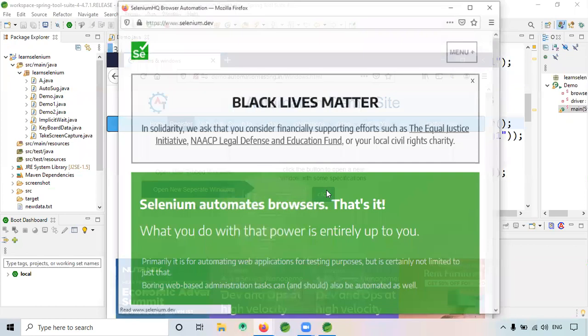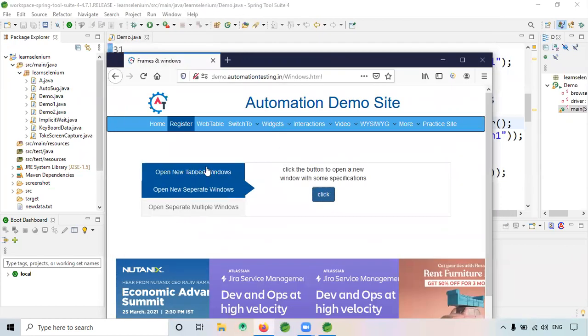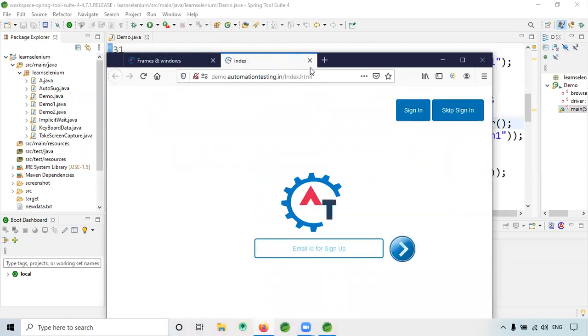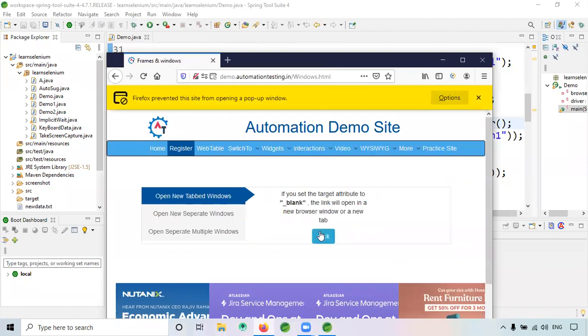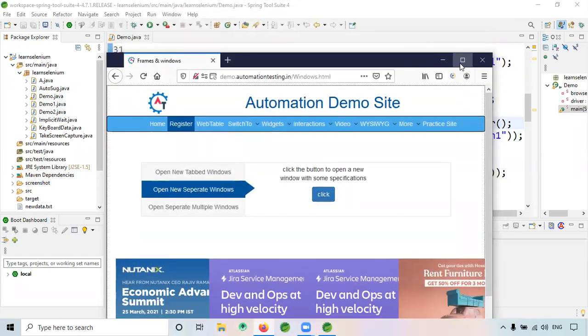When I click this, it will pop up. So these are two types of windows. One is like this and another is like this. So let's see.